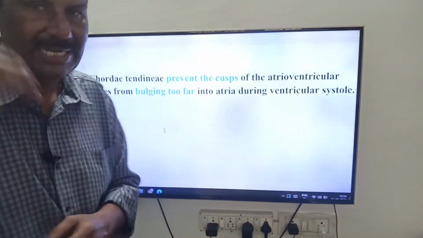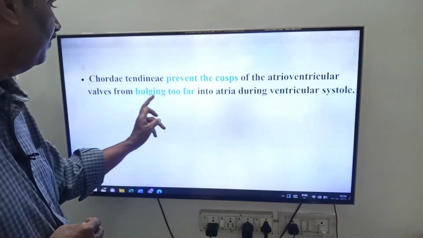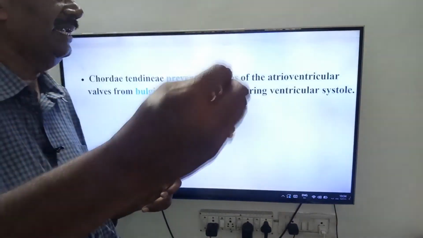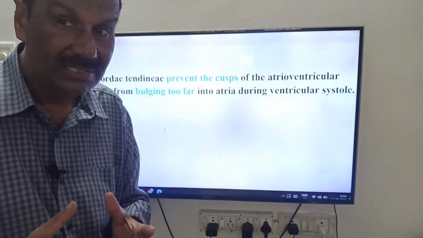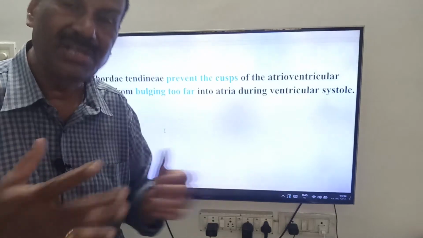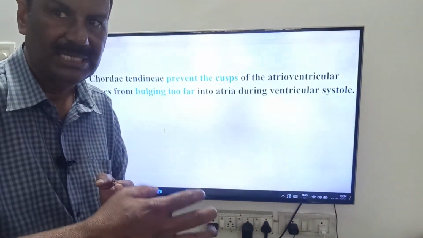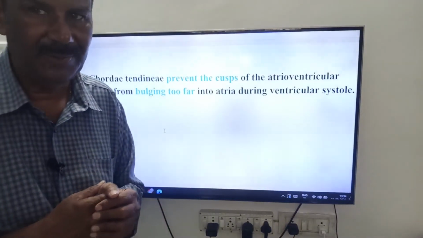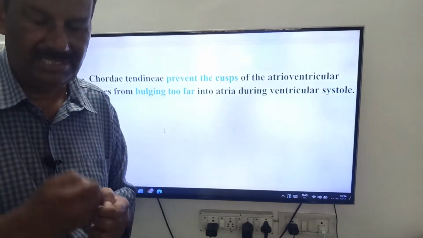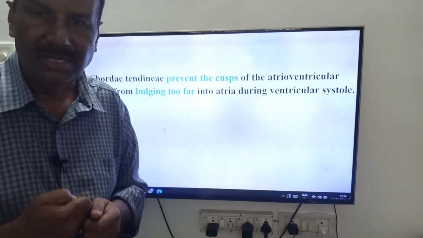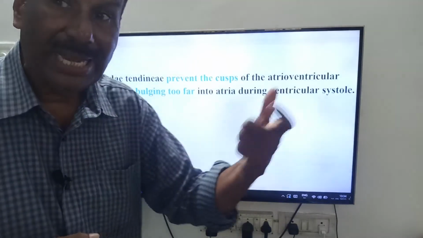So these chordae tendineae prevent the cusps of the AV valves from bulging too far into the atria during ventricular systole. When the ventricles contract, this is called ventricular systole, friends. There is a chance of entry of these cusps into the atrial chamber. So these papillary muscles and chordae tendineae pull those cusps, to prevent them from entering the